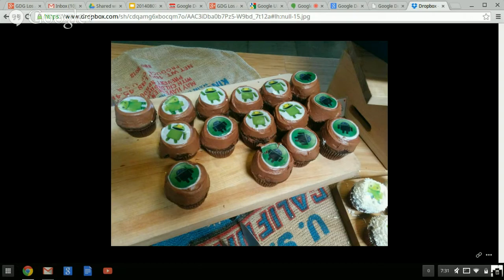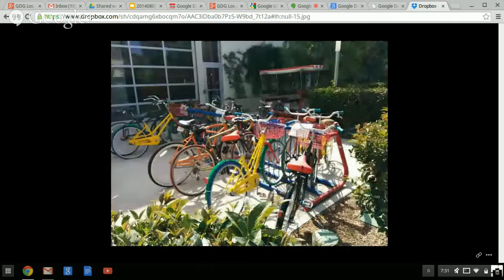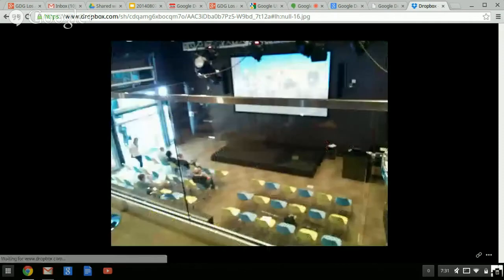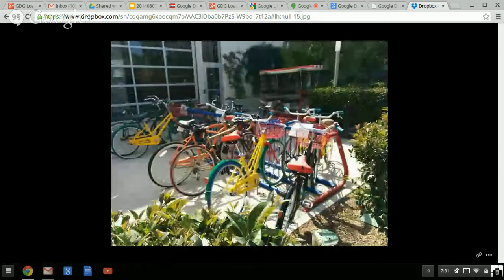Some Google bikes. So they do have their array of Google bikes that you can just pick up and go. Not as many as Mountain View probably, but if you need a bike, there you go. So it's fun there. Is it multiple buildings? Just that one here in the LA office. So I guess if people want to ride around to get some food or something like that.